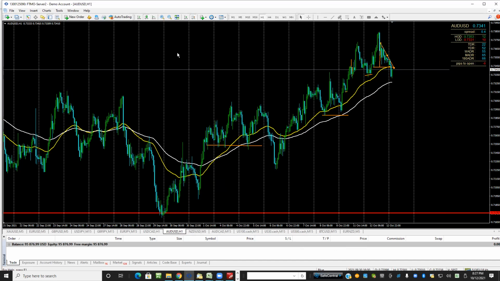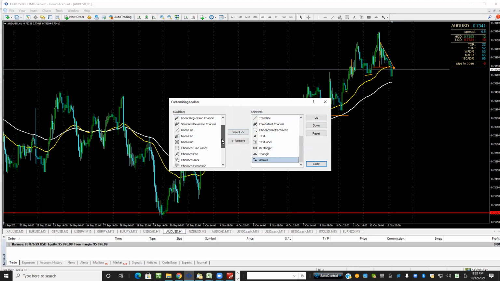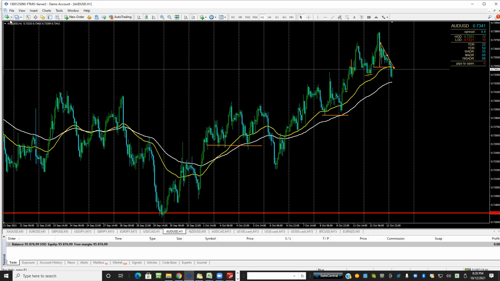He's talking about the drawing tool? It's right here in my drawing tool. And if it's not in there, you can right click and customize, and then you can add it to your toolbar. Okay, I'll see if I can find the Euro